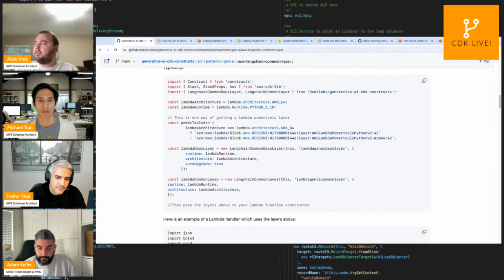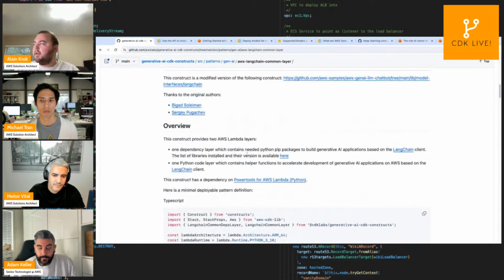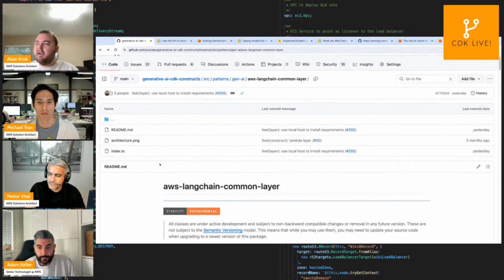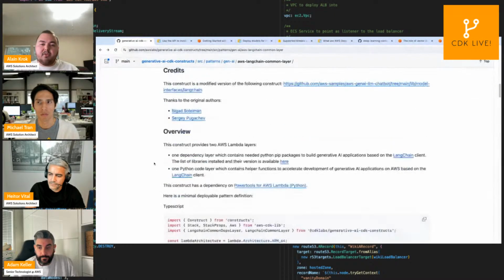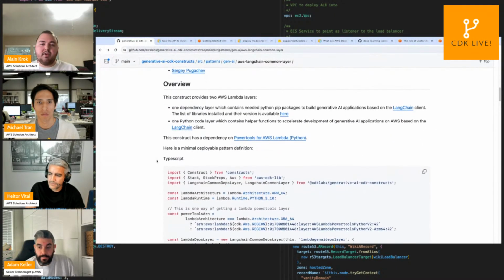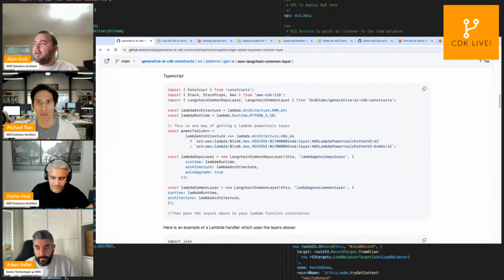So you have a construct here that will use a requirements.txt file that is available here, and it will generate a Lambda layer with those different libraries and dependencies. Then you can quickly build a Lambda and you already have those dependencies. So this repetitive process is made way easier for you. And you have a flag that you can pass, auto upgrade, if you want a later version than the ones we have in our requirements.txt. It will just upgrade those packages.